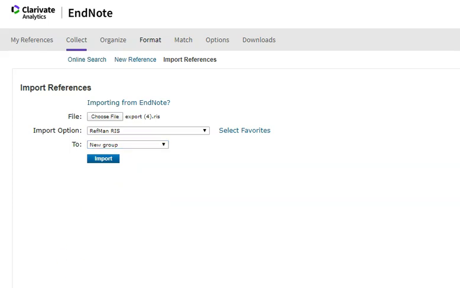One thing to note is that EndNote uses the word group in the same way that Refworks used the term folder. So especially if you were exporting your files from Refworks by whatever pre-existing folder you had them organized in, I would recommend that you go ahead and select that you would like to create a new group for